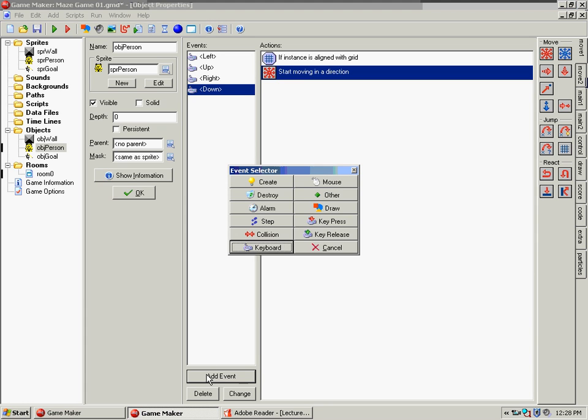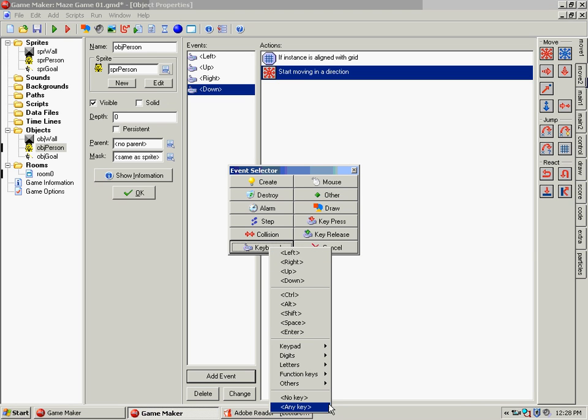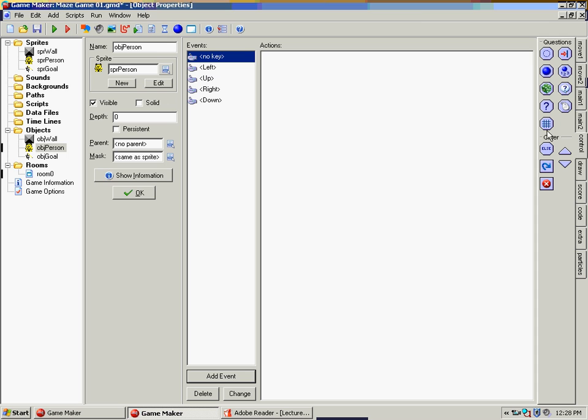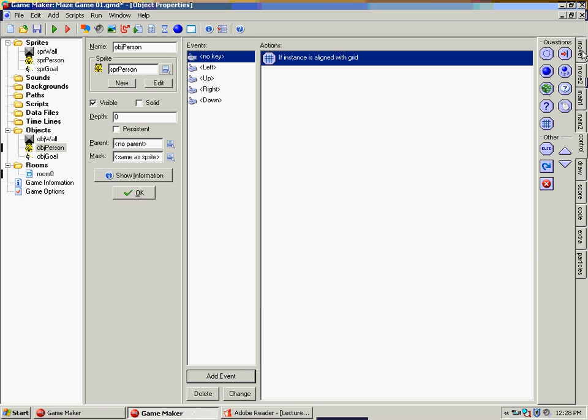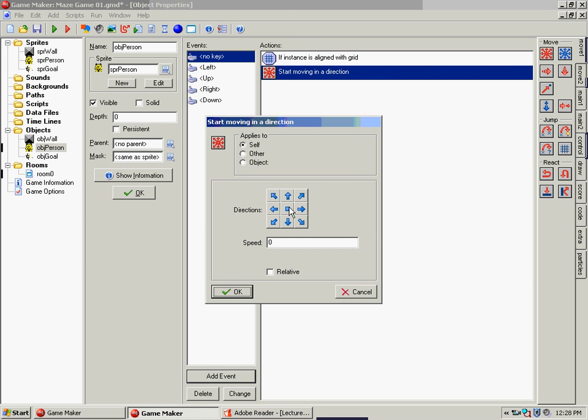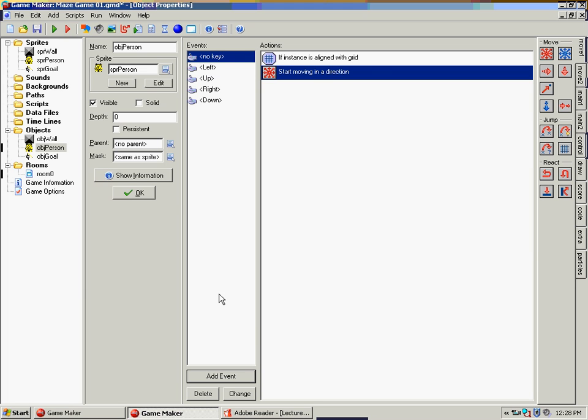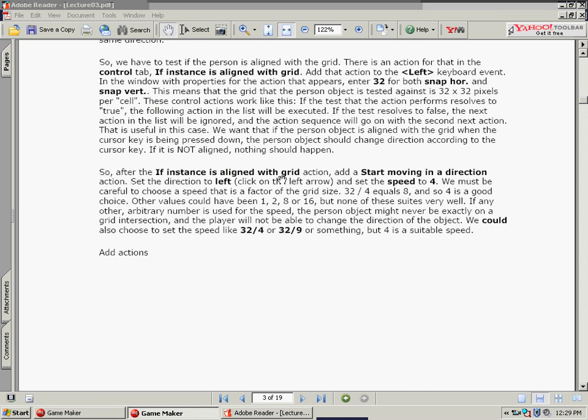And we still need to add another keyboard event, and that is if no key is pressed, be sure that we're aligned with the grid. And then this may seem kind of odd, but go to move, and this time click the center icon. That way it's not moving in any direction, and you don't really need to do a speed because you're not moving. So now let's test our game here,